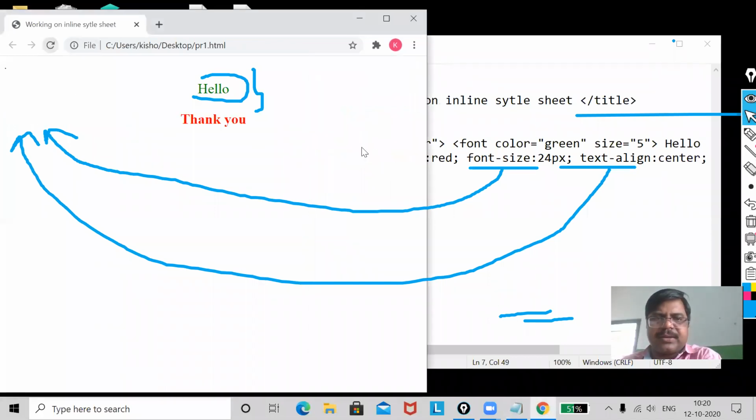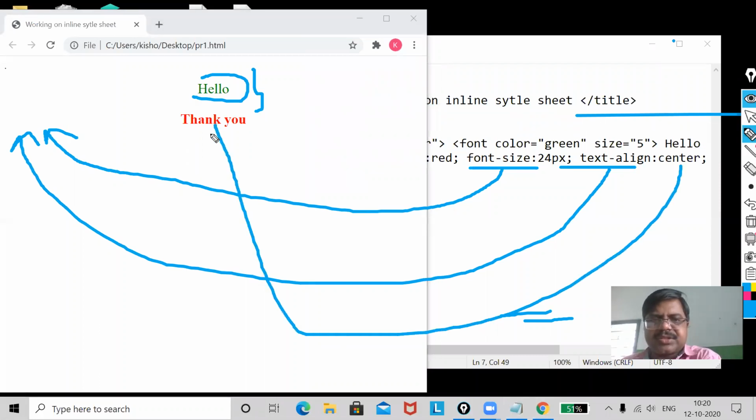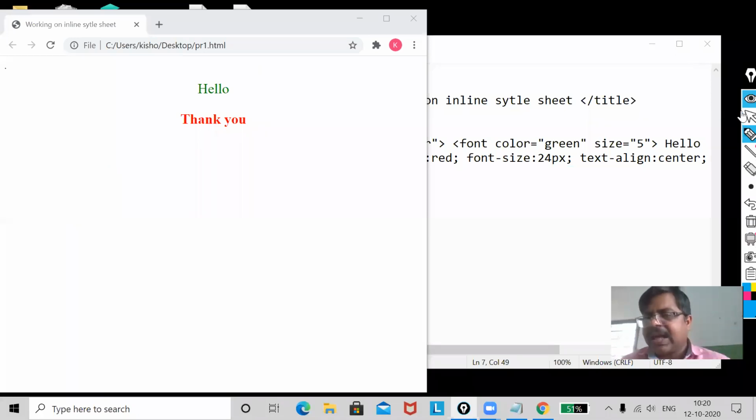Align center. Now you see, my text also came at the center. Now, what you understood in this one is that using CSS, I can apply different formatting effects.